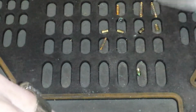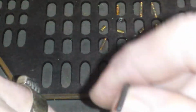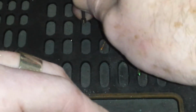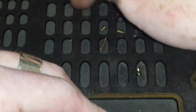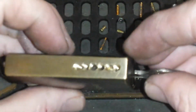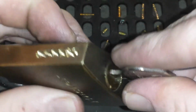Pins 1, 3 and 5 are all serrated, so that's consistent with what was going on there. Four is a spool pin, and number 2 kind of looks like a serrated pin, but I haven't seen one like that before. People knock Masters all the time, but